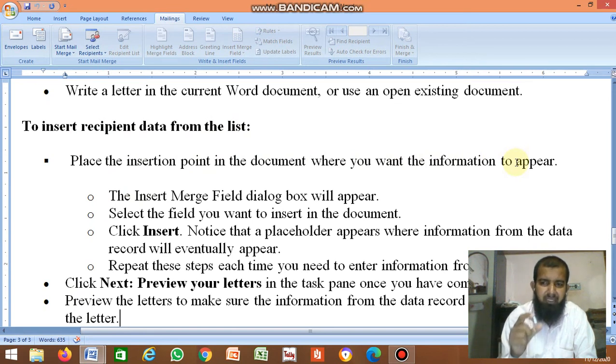Where you want to display the address, you have to click the cursor. Then the Insert Merge Field dialog box will appear. Select the field you want to insert in the document, then click Insert. Repeat these steps each time you need to enter information from your data record.